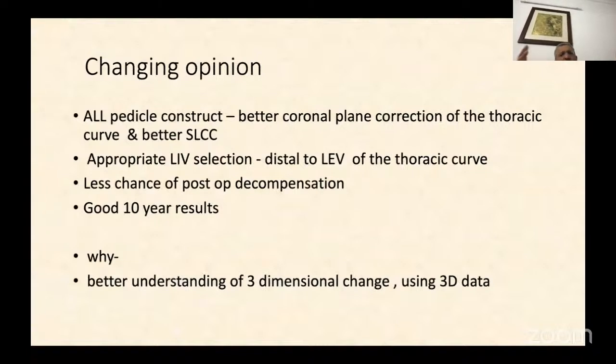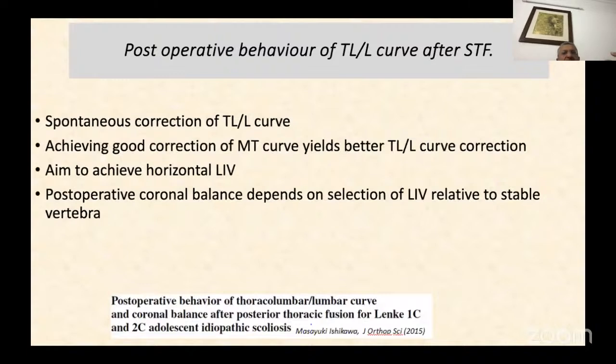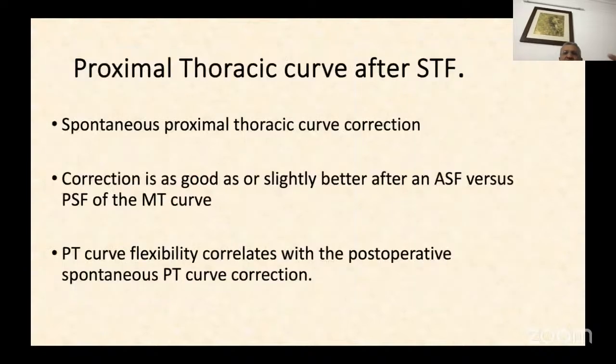But there is a changing opinion. Now, currently, if you read the Western literature, they all use all-pedicle constructs, put pedicle screws at all levels, go for maximum correction, and they feel that the results are better. But in my hands, I prefer to undercorrect, go to the stable vertebra, use a smaller number of screws, and do cantilever correction using the convex rod. Okay, and these corrections are relatively maintained over a period of time as shown in the